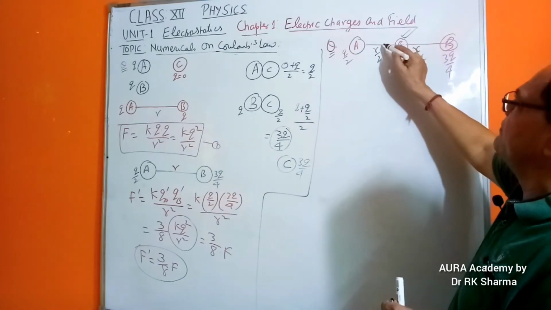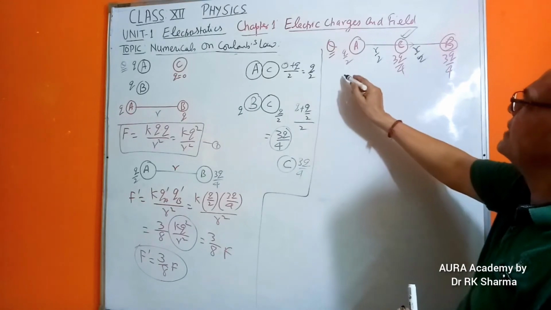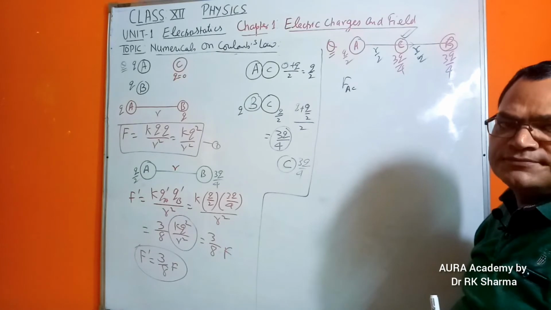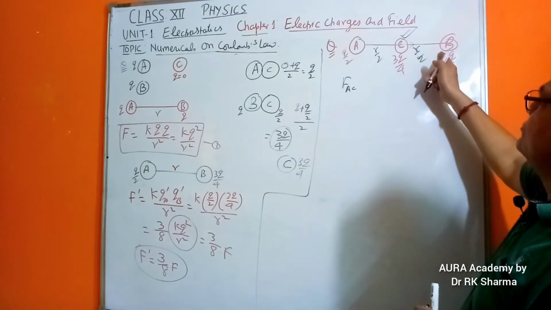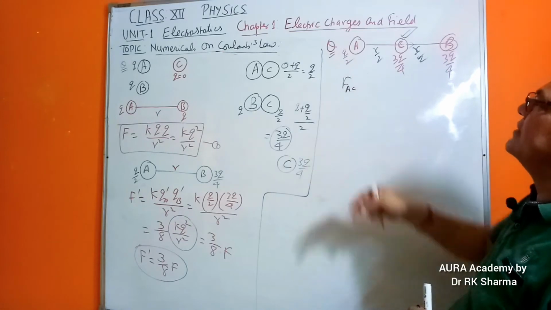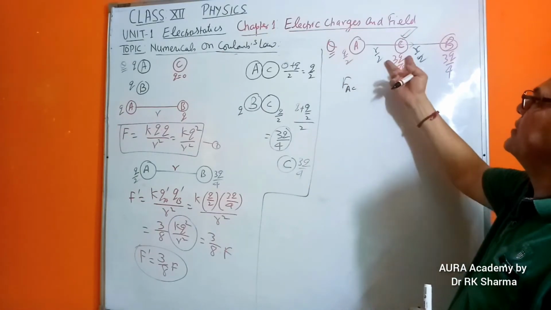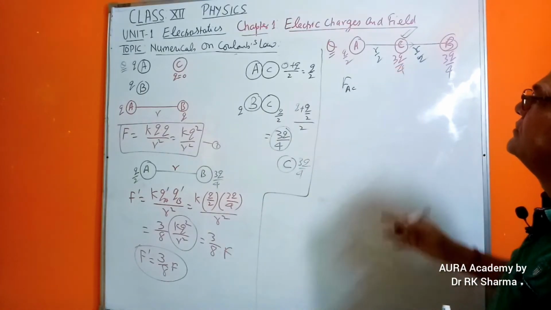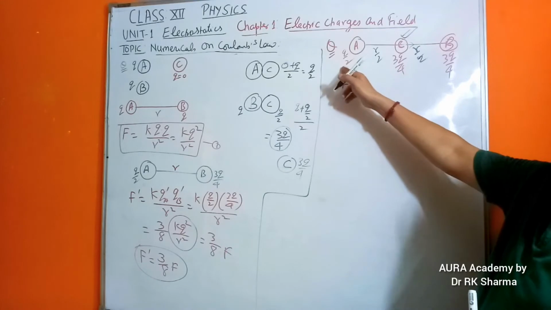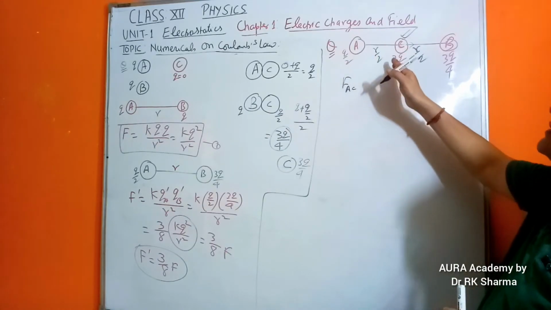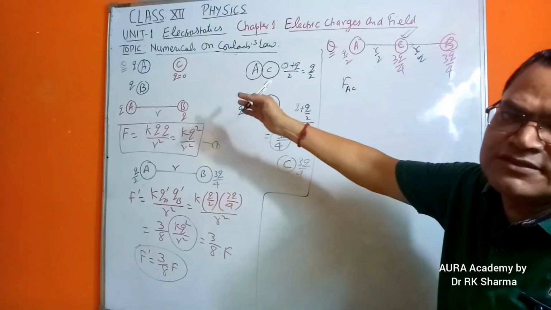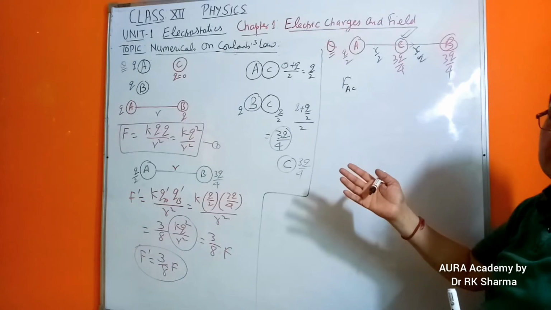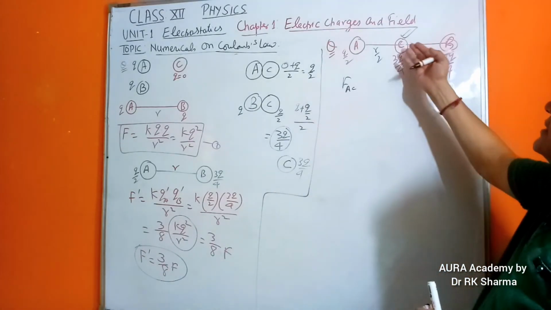So there will be a force like this. So you will have a force that is FAC. We will find it out because charges we know, distance we know. Sometimes a student thinks, sir, this is q by 2, this is 3q by 4, so if you calculate it, it will be somewhere 0.375, 3.5. So probably some student may say, sir, this is greater and this is smaller, so this will repel like this. Now my question is, what will happen in this case? Both are the same in magnitude, so whether this will repel or this will repel.